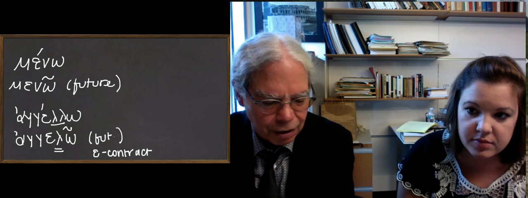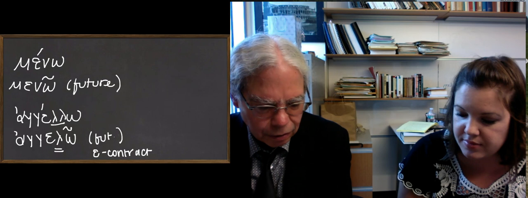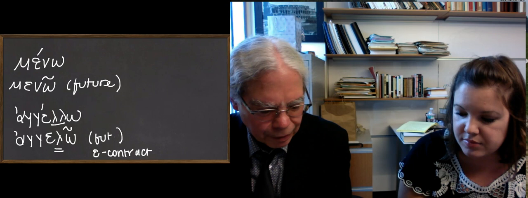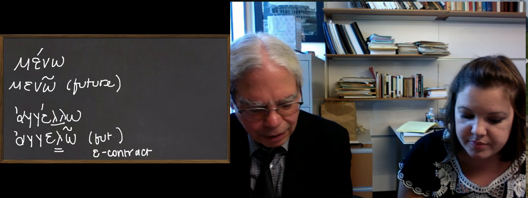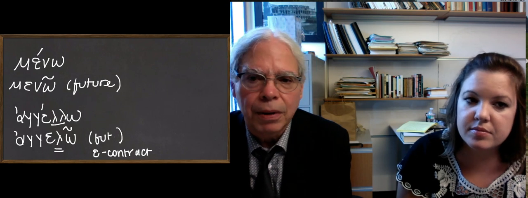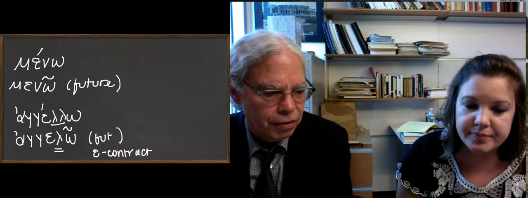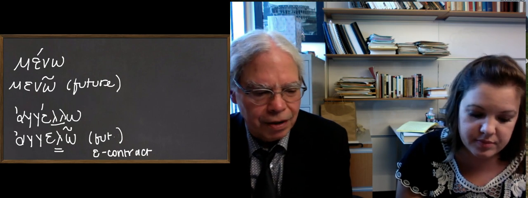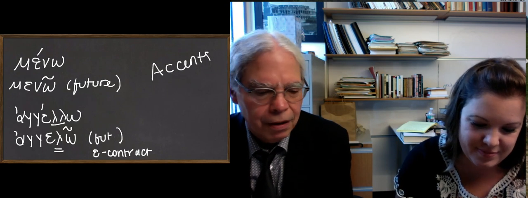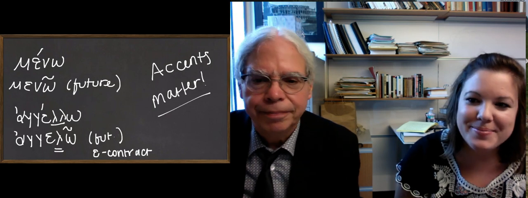I think in this lesson we get these two: the verb meno, to remain or wait for, and the verb angelo, which means announce. So that's what you need to do with contract verbs. Understand the concept and be careful about recognizing the forms that are contracted against the regular present forms. Watch those accents. Those circumflex accents especially are the signs that there's a contraction happening. And that's what you're going to see in contract futures. Okay? All right.